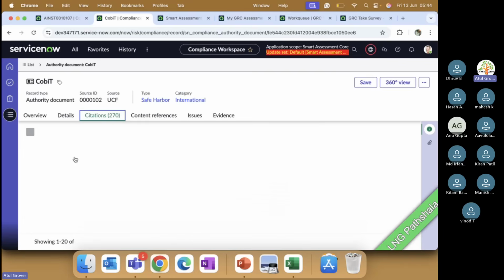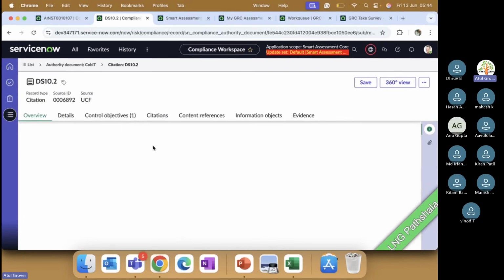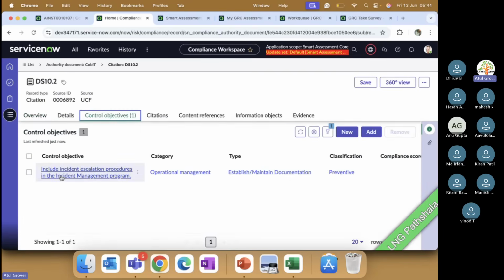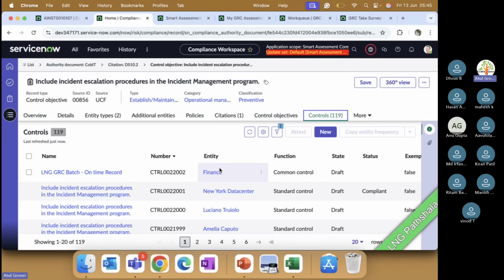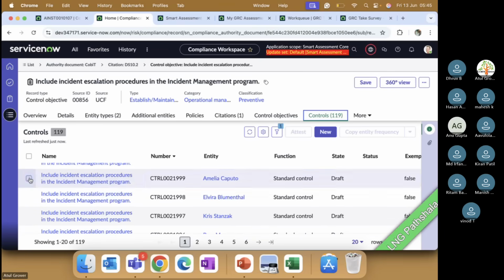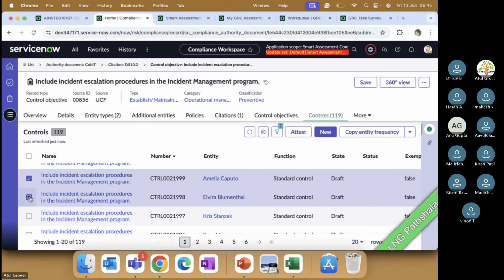COVID citation DS10.2 objective this and control. What I'm going to do is take these two as a